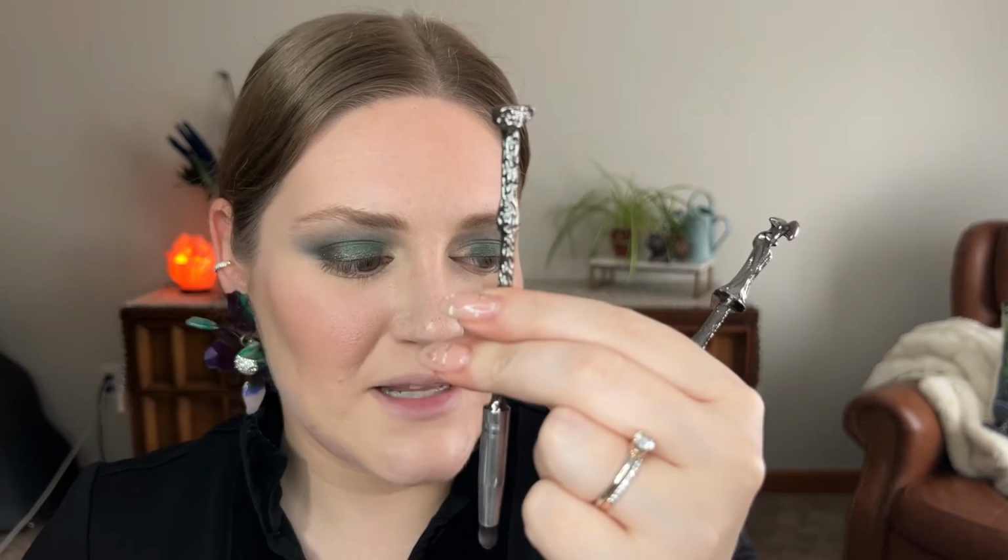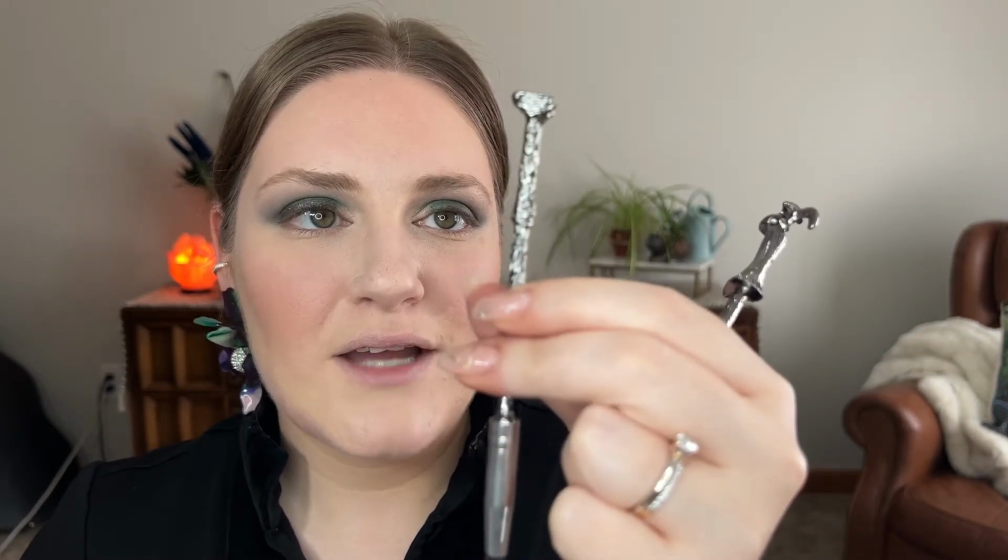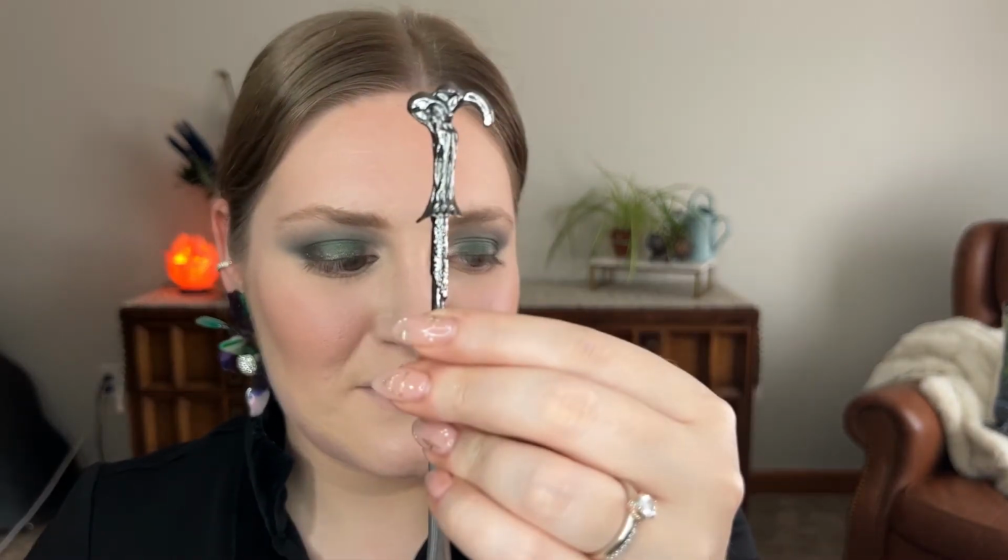let us see. And I forgot to mention this little pencil brush that I'm using. Finding the right size and shape of pencil brush is going to go a long way, but this is, I'm pretty sure, whose wand is this? My sister got me this set and I love it so much. I love Harry Potter. I don't remember whose this is though. And then this one is Voldemort's. This is from Storybook Cosmetics. I don't know if they still sell this, but I have seen these on Facebook Marketplace a lot. But it's just a